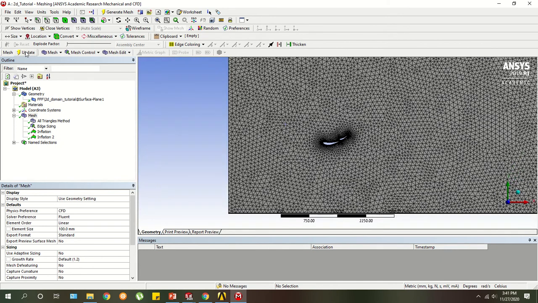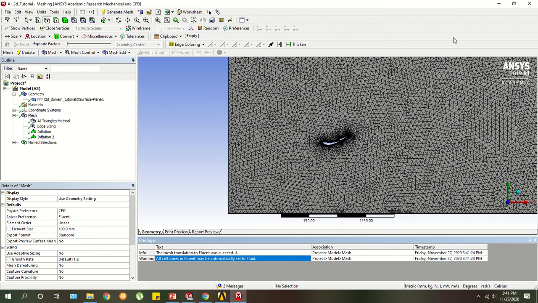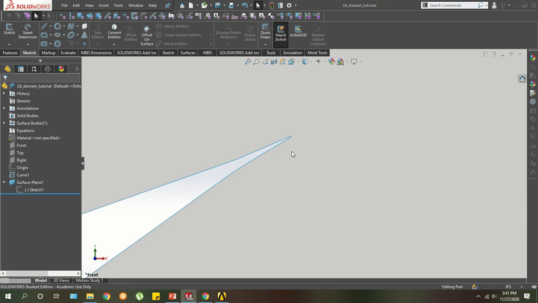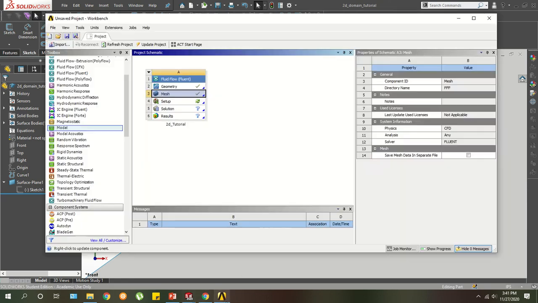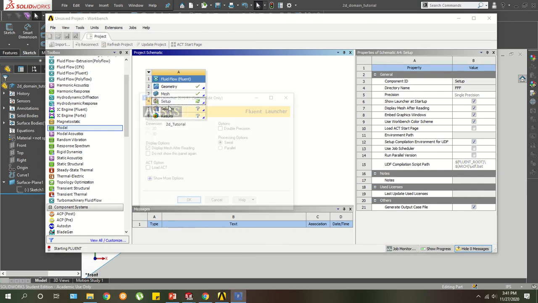Once this is all set, you can hit update up here, and you'll see this saying the mesh translation to Fluent was successful. So basically the mesh has been prepared to be used with Fluent. You can close this out, go back to Workbench. Now see 2 check marks, and we're ready to go onto our CFD setup. So right click, edit,